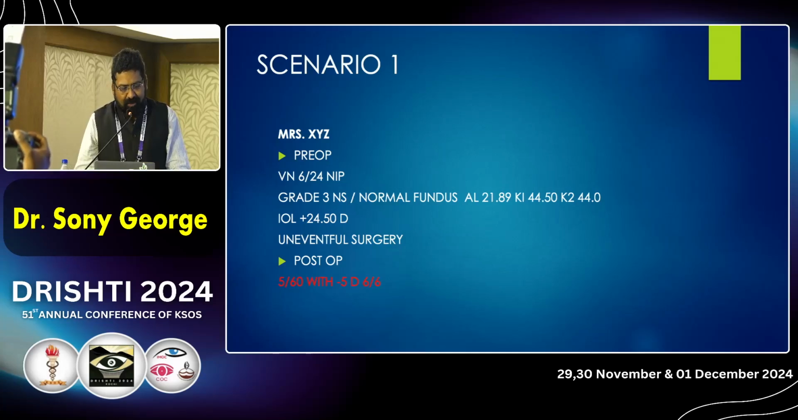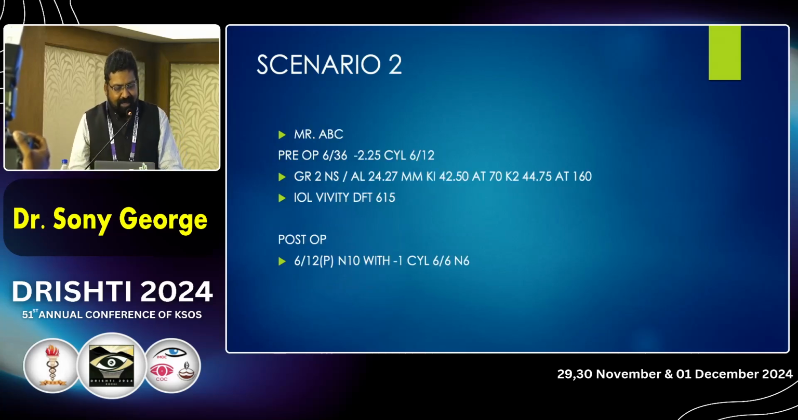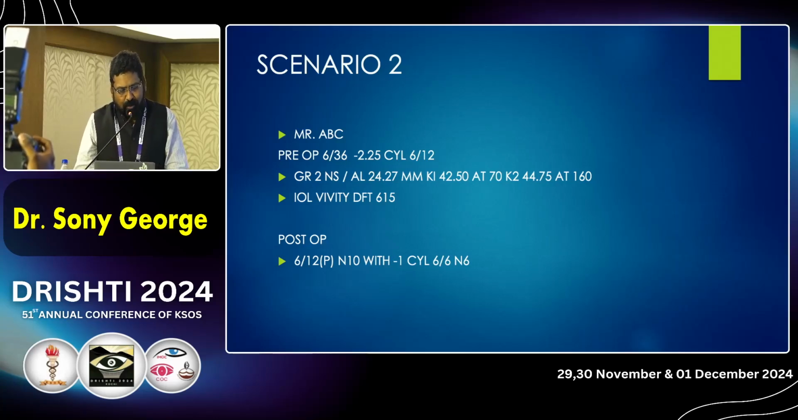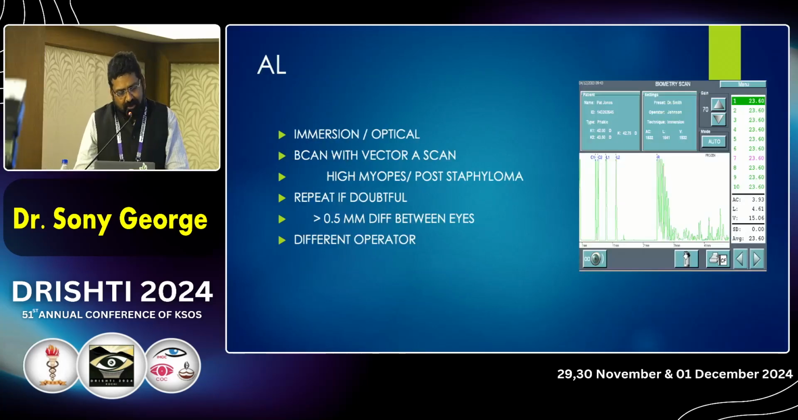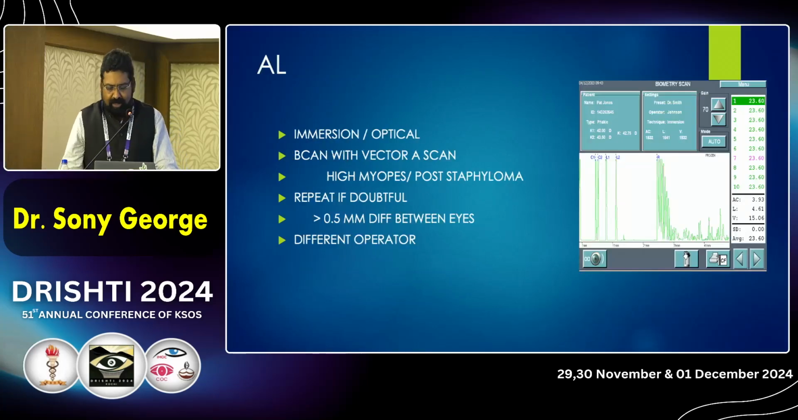Obviously, he is going to be very, very unhappy. And this person again with a VVT and with a -2.25 cylinder, and now he lands up with -1 cylinder, which also is equally not acceptable. So again, coming to the axial length measurement, you can either do it with immersion,